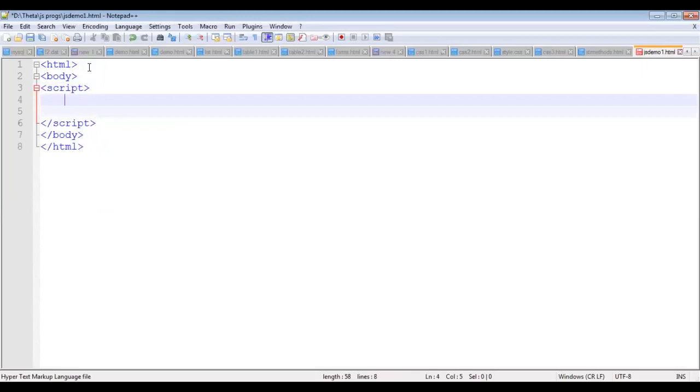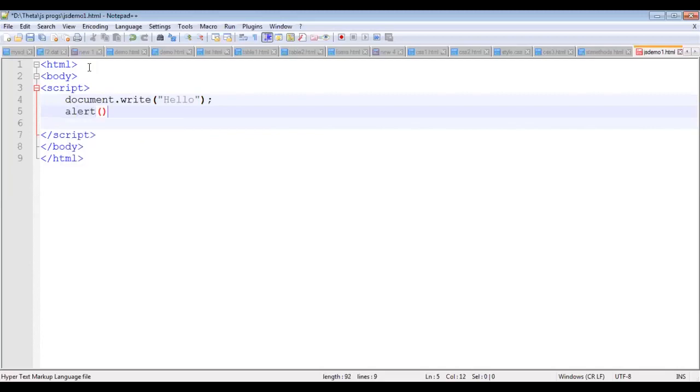So let's say I just wanted to print a hello through JavaScript. To print an output message on the output screen, or you can say on the browser, we have two different options. One is document.write. Document is one of the predefined objects in JavaScript, which is basically used for input and output and to refer to HTML elements. So document.write, let's say hello. This is the first way of displaying the message using JavaScript.